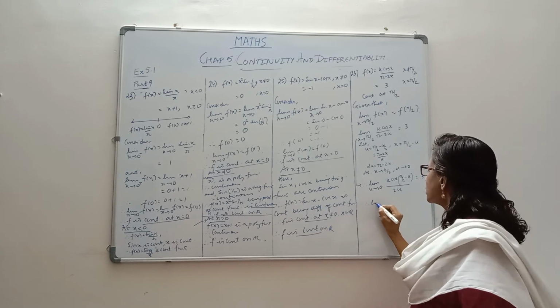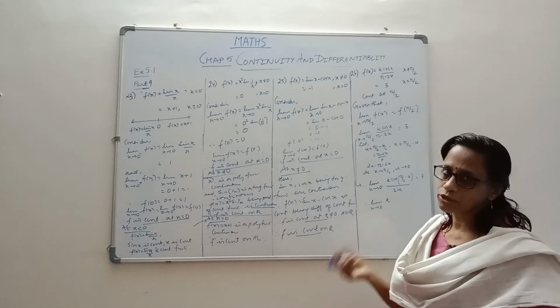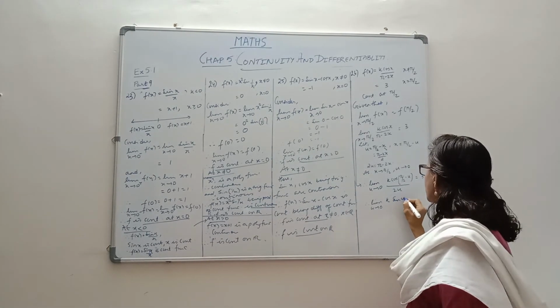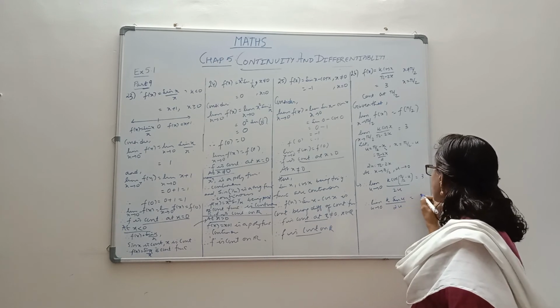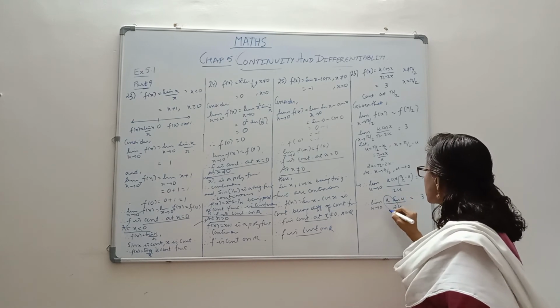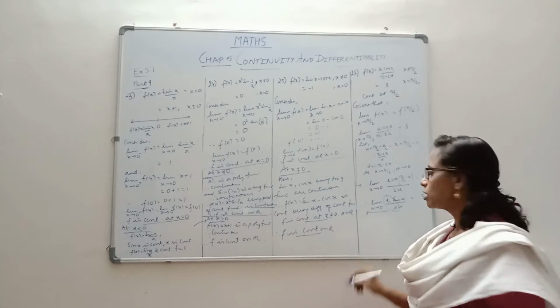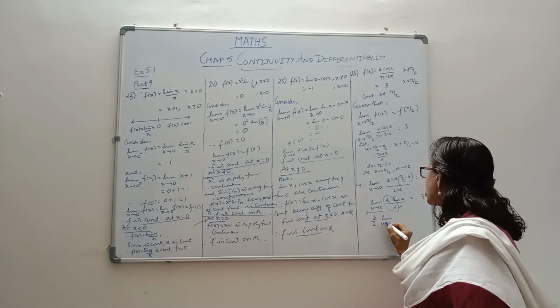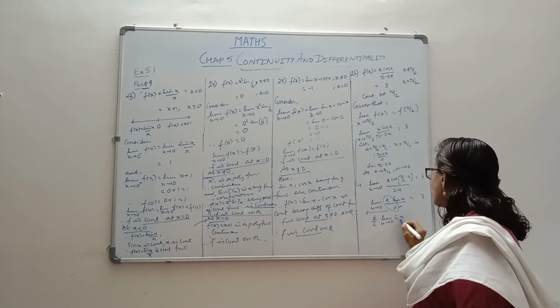Now how do we work this? Limit as u goes to 0. We know that cos of pi by 2 minus anything is going to be sine. So this is going to be sin u by 2u equal to 3. We all know that constants can move out of the limit. So k by 2 will go out, and you will have limit as u tends to 0 of sin u by u equal to 3.